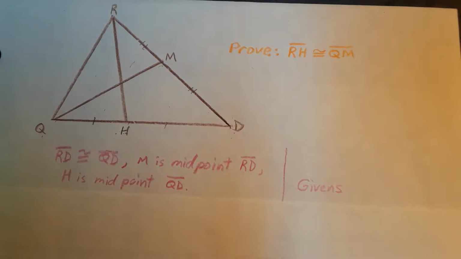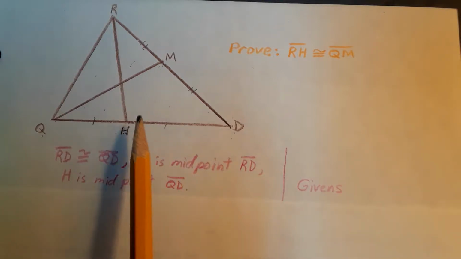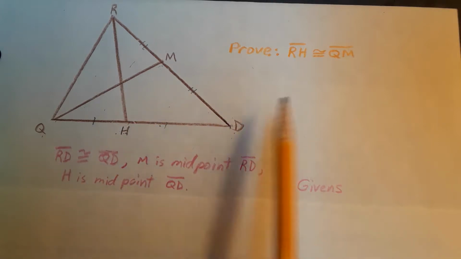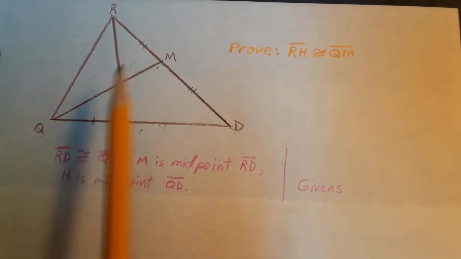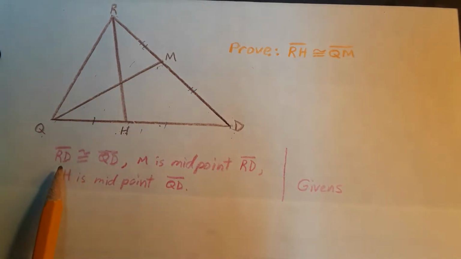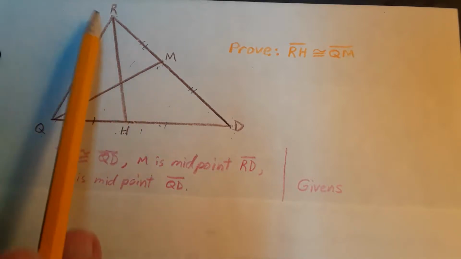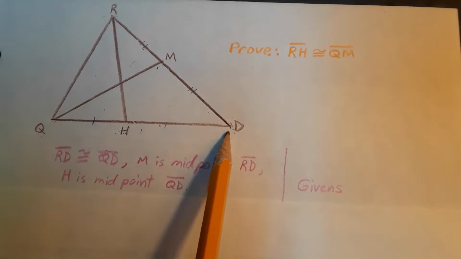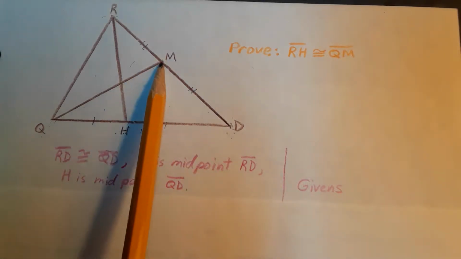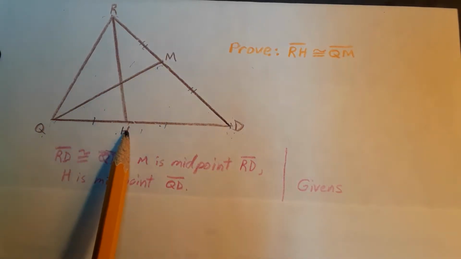We are going to look at a proof using this triangle diagram. We are proving that segment RH is congruent to QM, and we have the givens that RD, which is this length of this triangle, and QD are congruent. M is going to be the midpoint of this side, H is going to be the midpoint of this side,